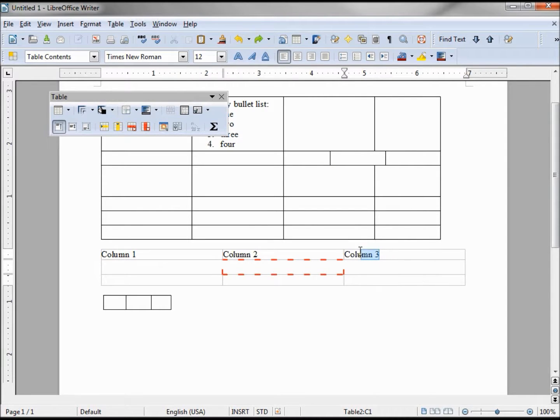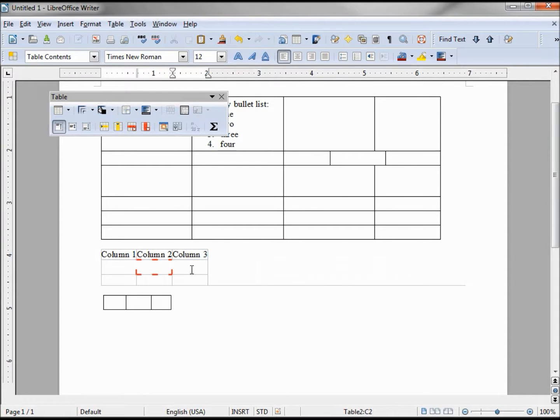This time I'm going to select all 3 columns, then click on the optimize. And it's asking me to distribute columns evenly. Well, we already have that, so we don't need that. So let's try the optimize column width again. And it makes the width of the columns just enough to fit the text.